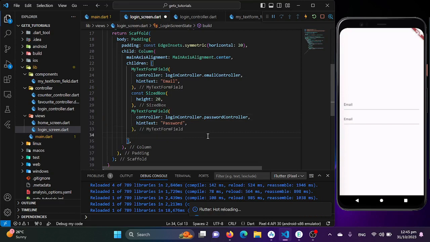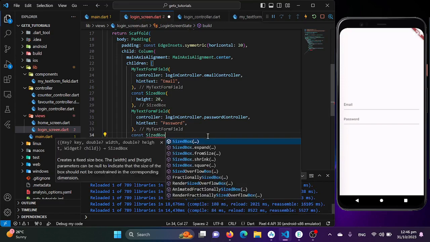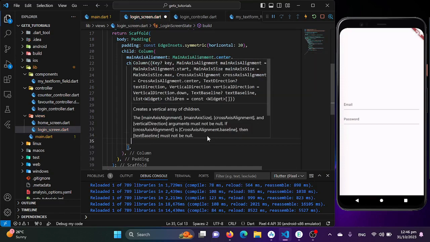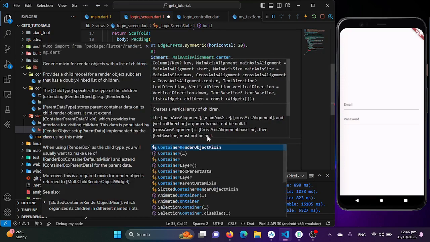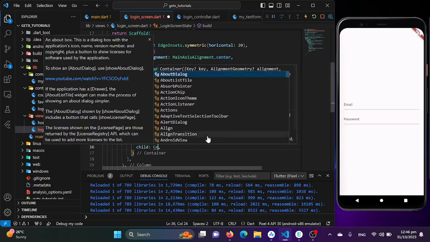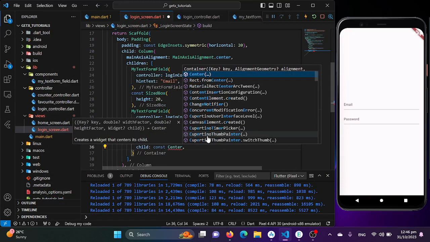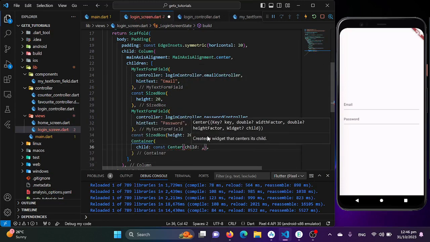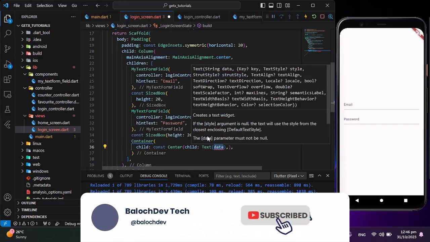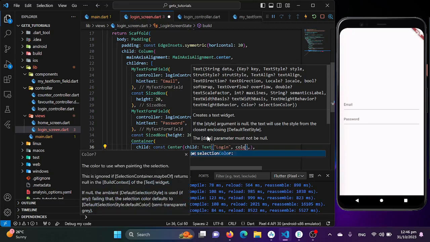Now I'll be just creating a simple button. So I'll be just giving some kind of white spaces again. I'll be just using the sized box and give some kind of height of 20, and now I'll be just using a container. In the container I'll be just using the child and the center, and I'll be just adding the text widget here, which will be login,